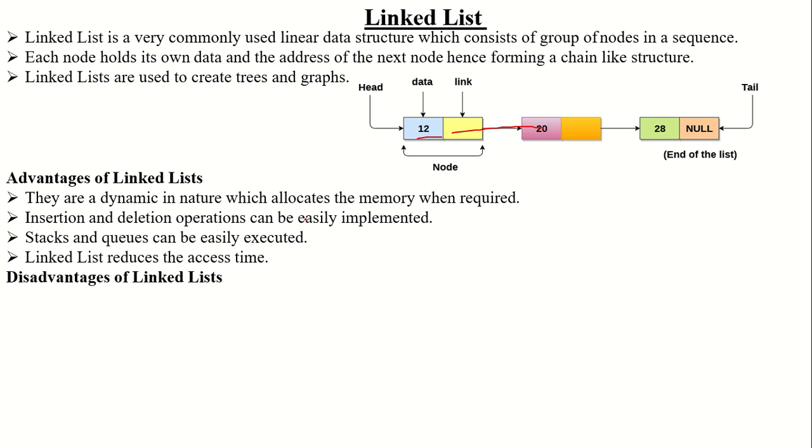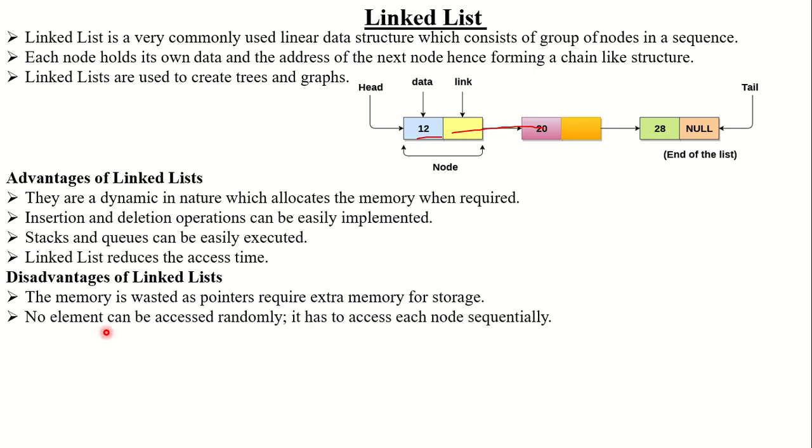See, when we want to access something, it reduces the access time because all the things are linked to each other. But there are some limitations. What are the limitations? Memory is wasted, as a pointer requires extra memory for storage. We want to store only 12, 20, 28, but instead of that, along with the data part, we also take the link part, which is the address part. So this address part takes extra memory space.